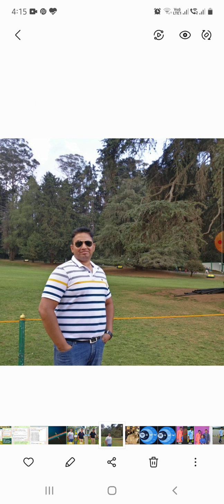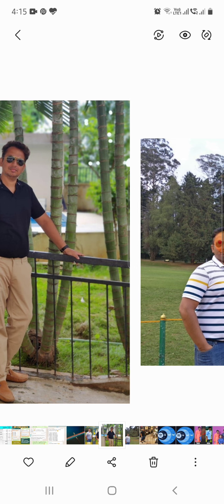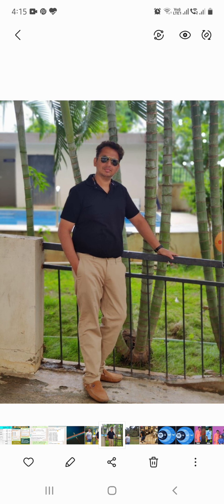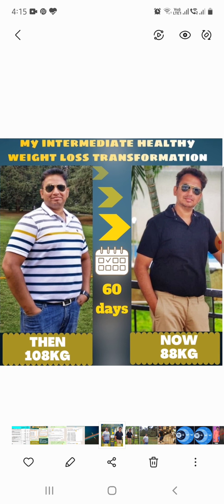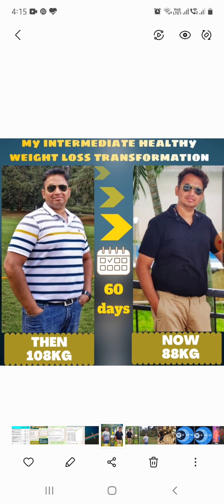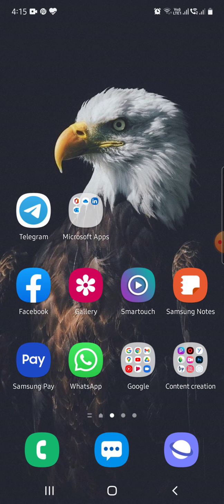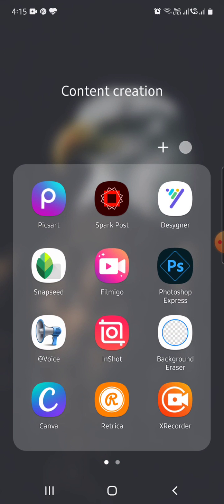This is a before photo which I received from Salman, and then after this I received the after photo to create the collage. And after I created the collage, this is how the collage looks like with the before and after photo. This is what Salman published in his social media profile and has been getting a lot of traction and a lot of leads after this content. So now I would like to explain which are the apps that I used to create this particular collage.